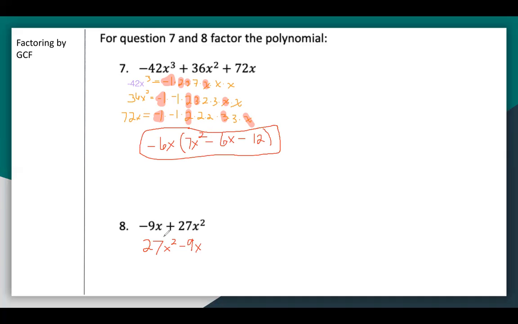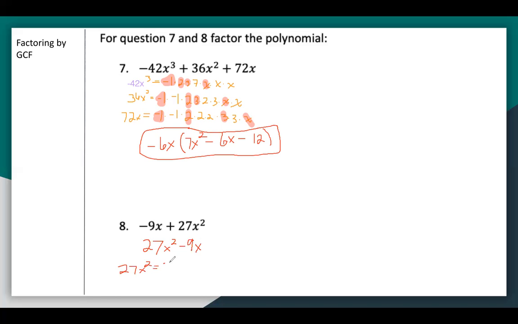This had increasing exponents, but to be in standard form, I have to decrease exponents, just like how this is in standard form, decreasing exponents. And now when we look at this, this does not have a leading coefficient that's negative. 27 is not negative, so we would not be factoring out a negative number here. And so 27x squared